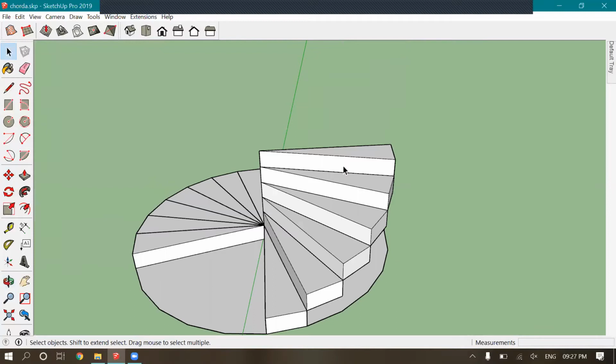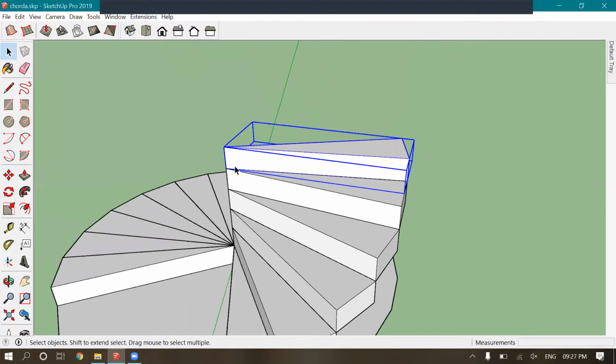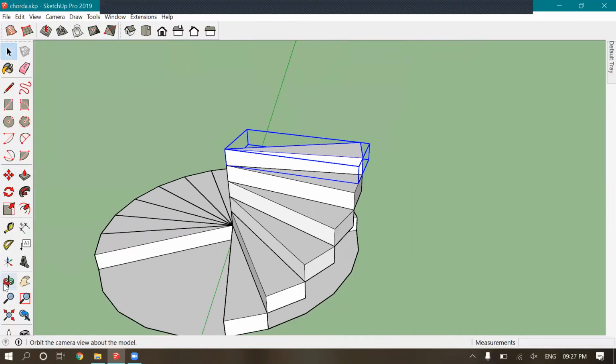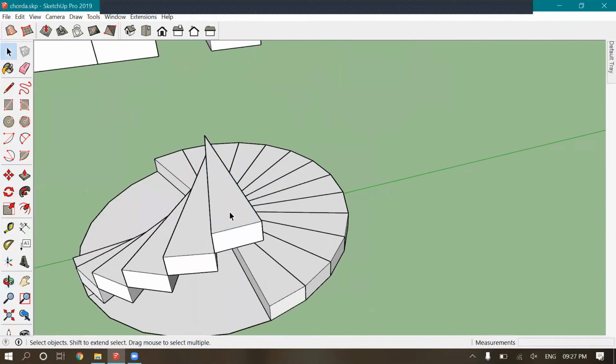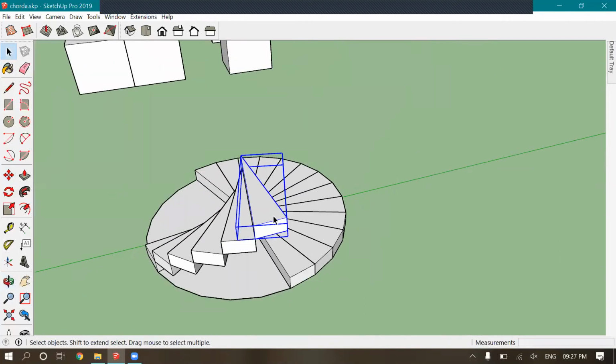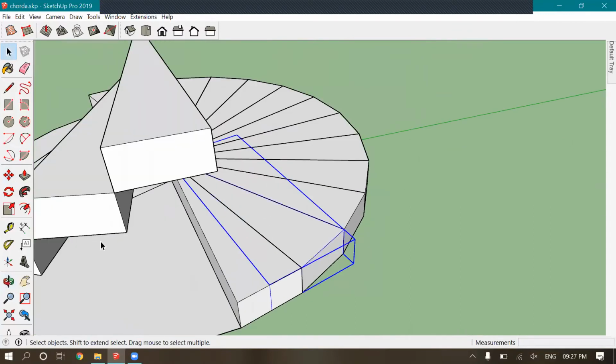Always make a component for the steps upstairs. Always go with a component part. But if you change the shape or anything for one stair, the others will also get affected.